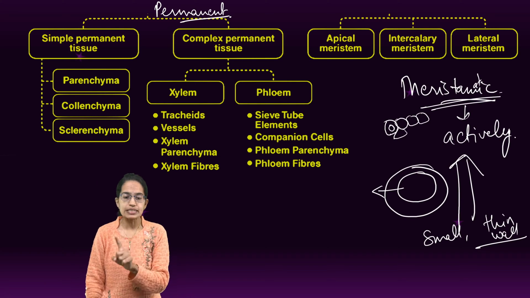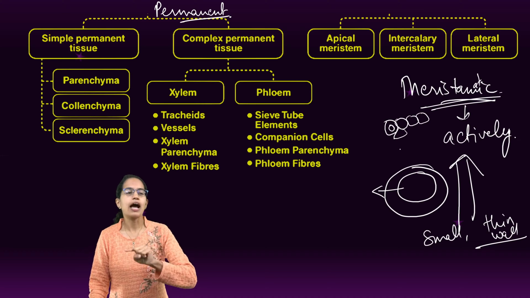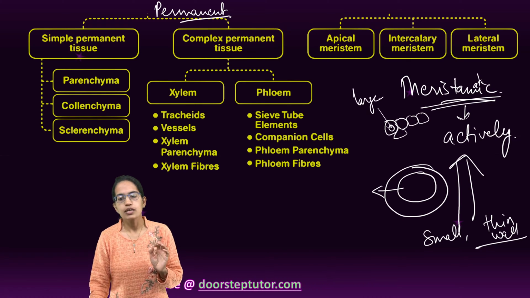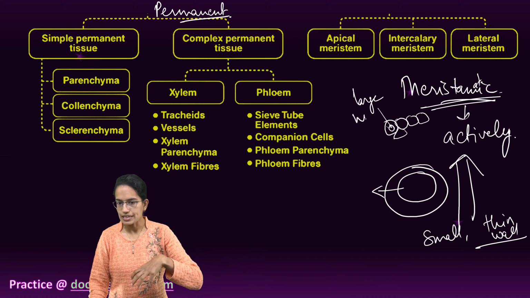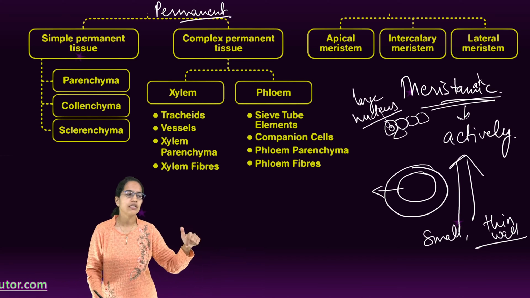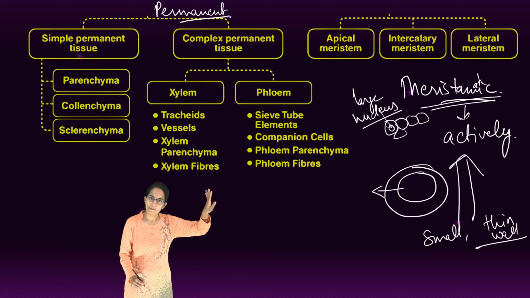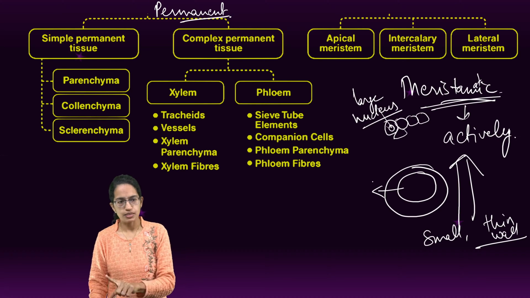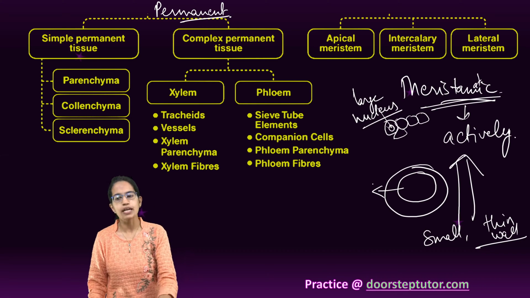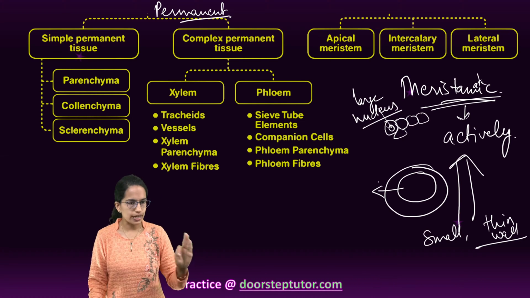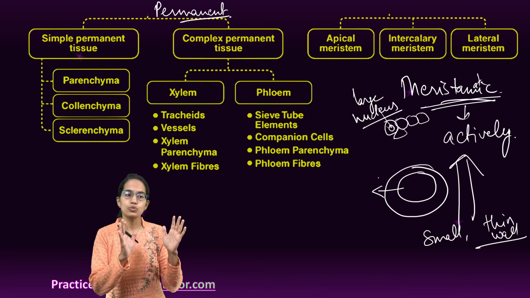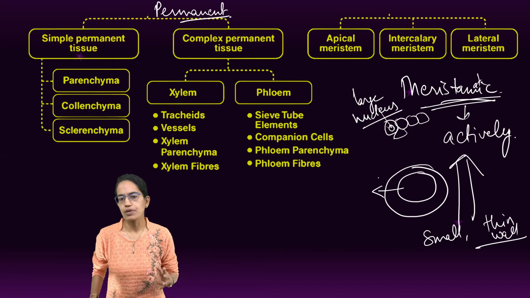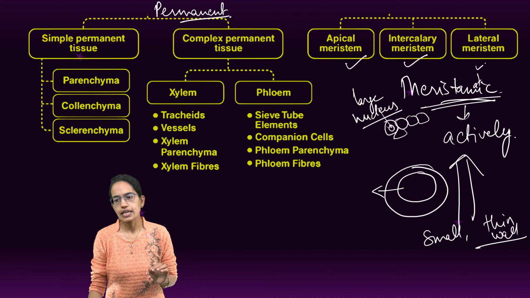Now this is one of the major difference between meristematic and a permanent tissue. Meristematic tissues have a large nucleus which is actually in the center. However, in the case of permanent tissue, there is a small nucleus on the peripheral side. That's one of the very important differences between meristematic and permanent. Besides the fact that meristematic are actively dividing, permanent are not actively dividing cells, and permanent tissues form the bulk of the plant. Right? So, meristematic tissues can be of three types: apical, intercalary and lateral.